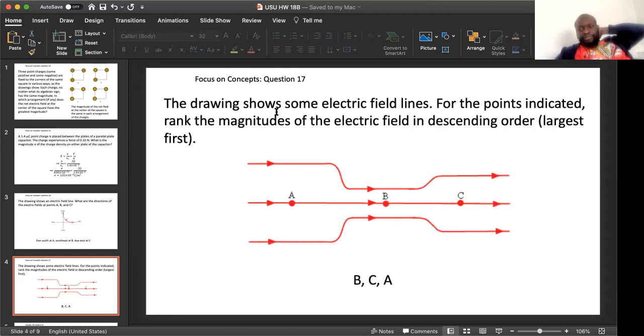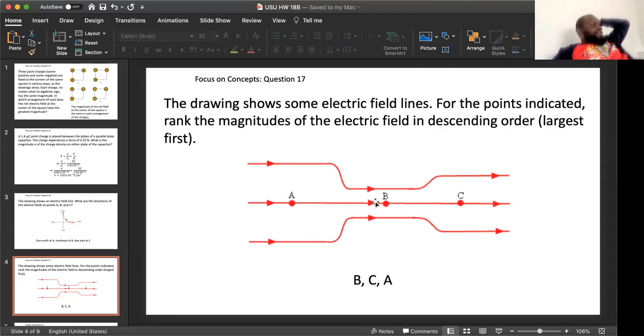The drawing shows some electric field lines. For the points indicated, rank the magnitude of the electric field in descending order, largest first. Where the field lines are more compact, tight together, they have more field strength. So B is the highest, followed by C, followed by A. B has more lines close to each other, followed by C, less close. A has the least close to each other. So B, C, A is the correct